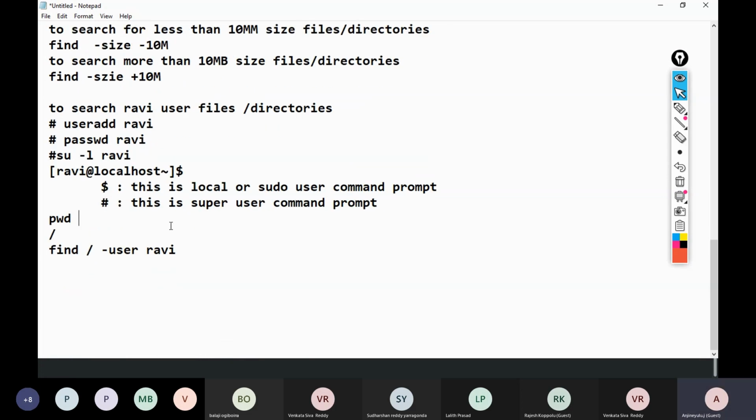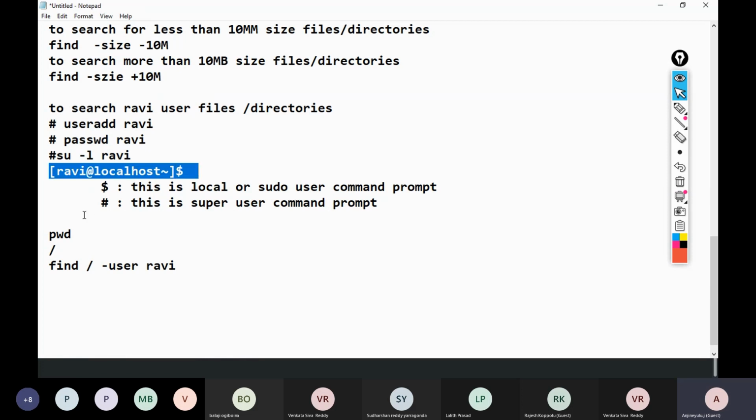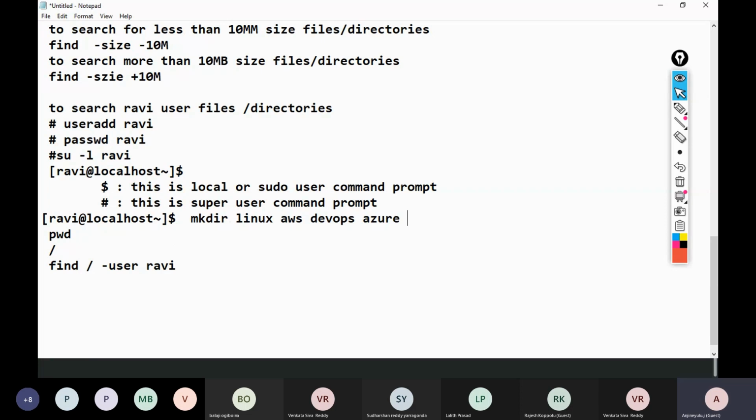This hash symbol is the super user command prompt. Then here I'm creating some files and directories. First mkdir Linux, AWS, DevOps, Azure, Cloud, SSM, SCCM, VMware, like that.